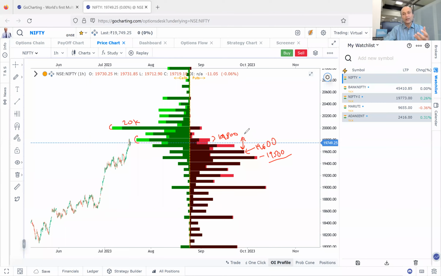Once you have the data basis of the open interest profile, now you can form some kind of an option strategy, which can be basis of the payoff chart. So payoff chart क्या होता है? Which helps you to see कि अगर निफ्टी यहाँ से इतना जाएगा तो आपको कितना PNL होगा, क्या लॉस होगा, कितना प्रॉफिट होगा, all of those things.